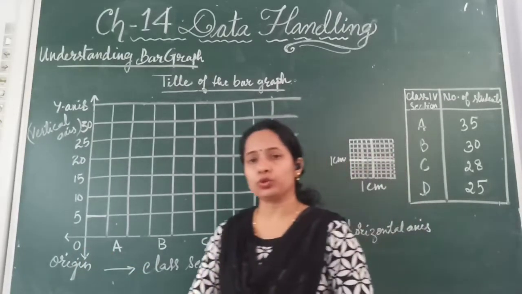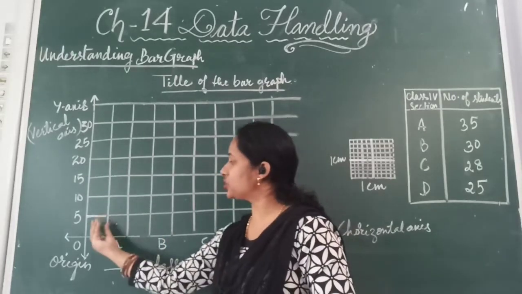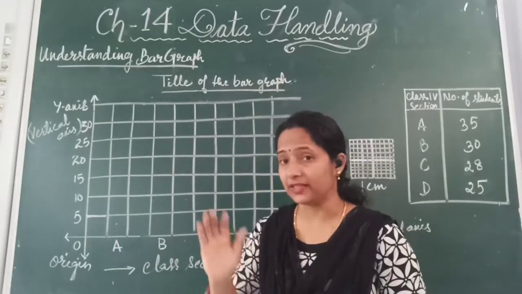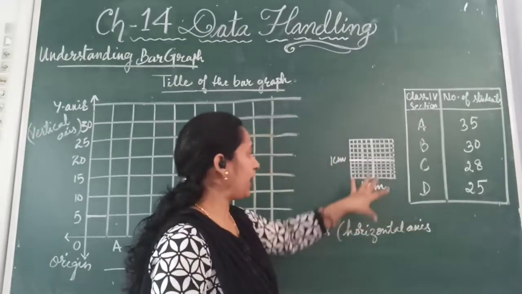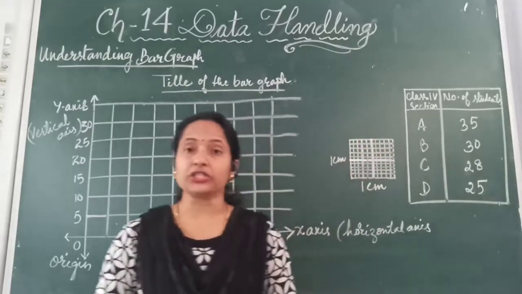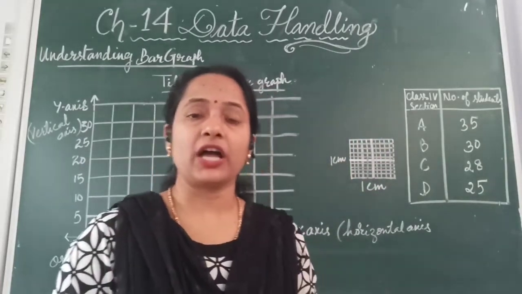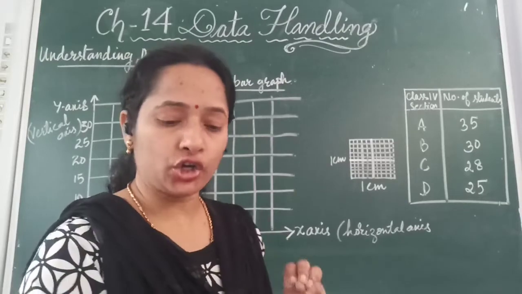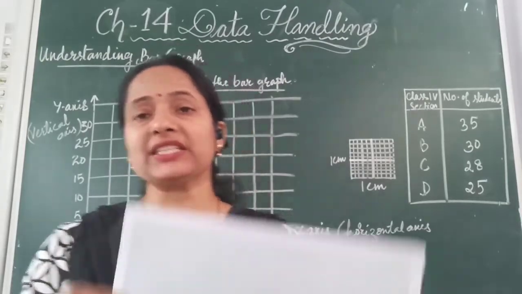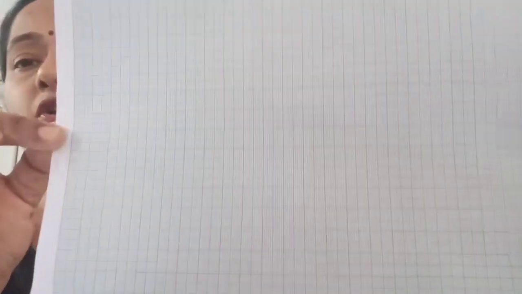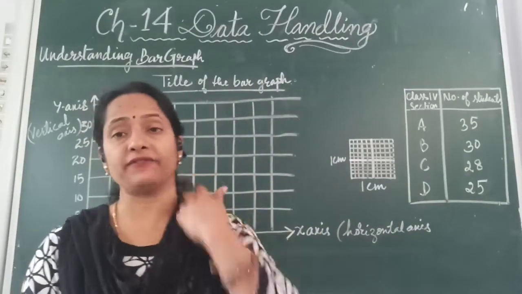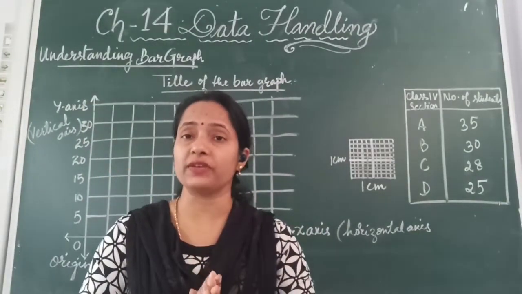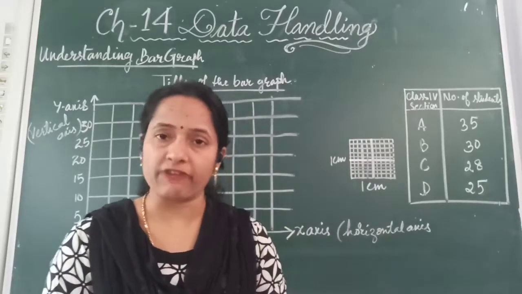Now, if you zoom in on each square grid that is formed by these horizontal and vertical lines in a graph, we find that it looks like this, because bar graphs are always drawn on graph paper. This is an example of a graph paper. I hope you have already gone through this. You have seen this type of graph, and whenever you draw any bar graph, you should always try to draw it on a graph paper.